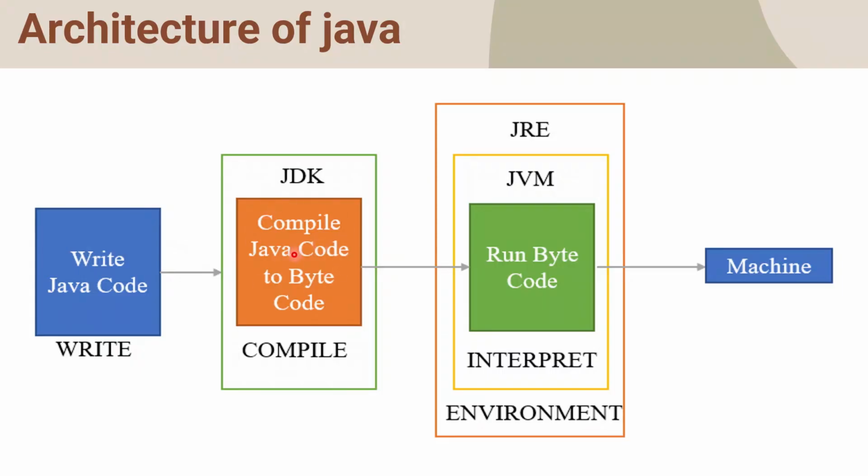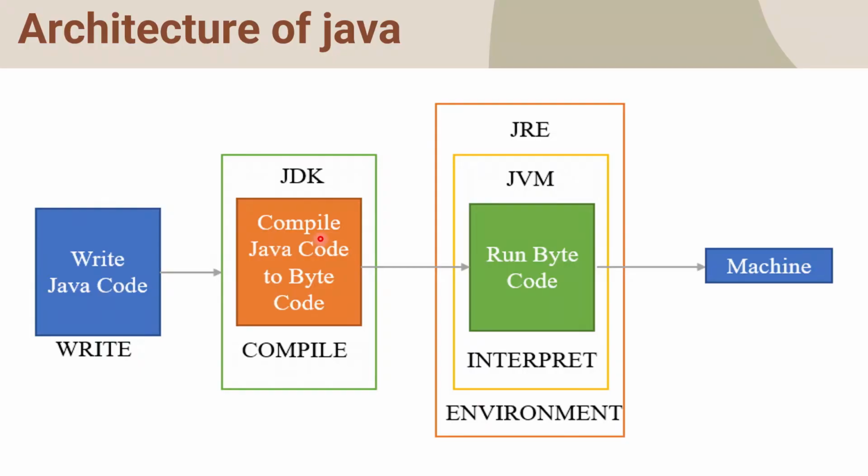So the compiler is the one which identifies the syntax errors in the Java code. If there is any error, it throws the error to the user. The user has to correct it, save it, and compile it again. That will be repeated. Once the error-free program is written, then the Java compiler is going to compile the Java